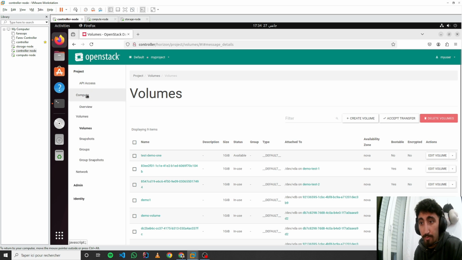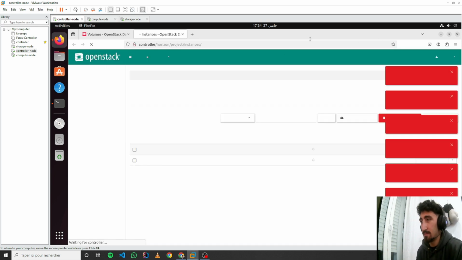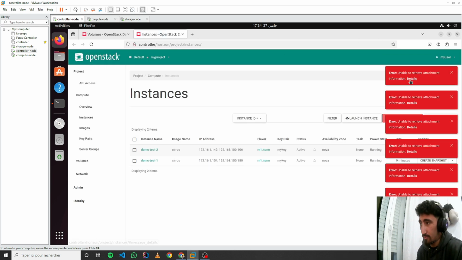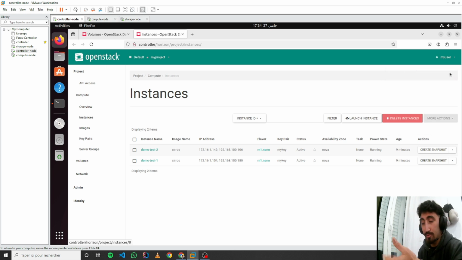Just go to the compute. I'm having some memory problems. Also, you'll get the same errors as before. Those errors are for attachment because we deleted the instances. If you reboot your virtual machine, I think you won't get those errors anymore. So we'll select the demo test one. Okay, let's see